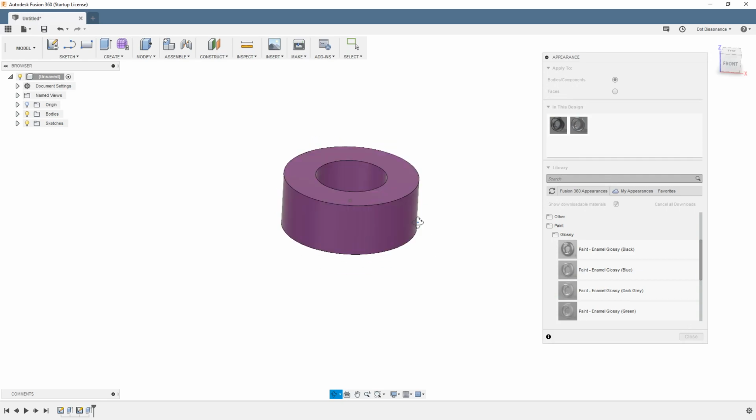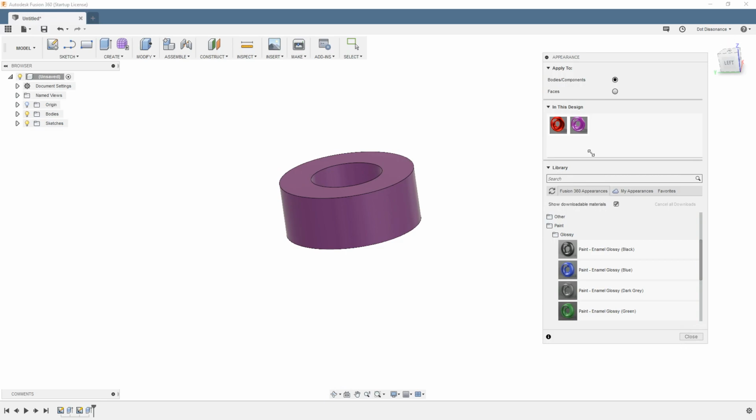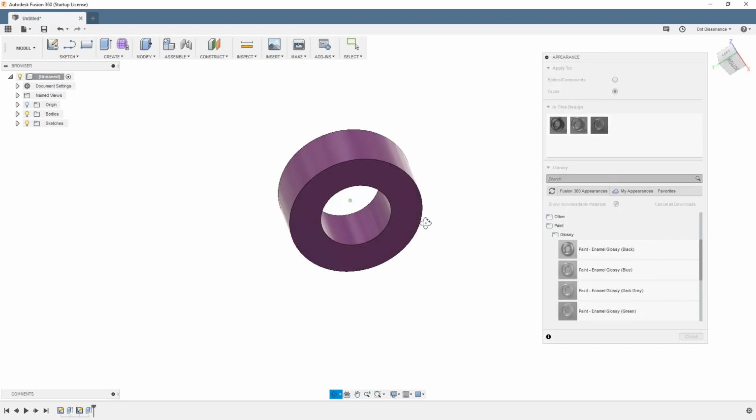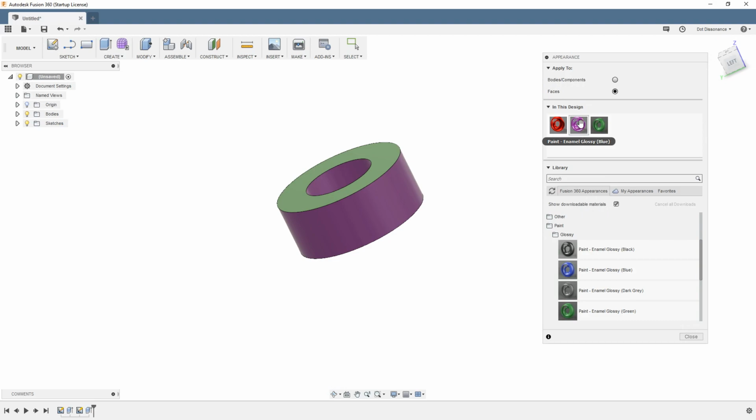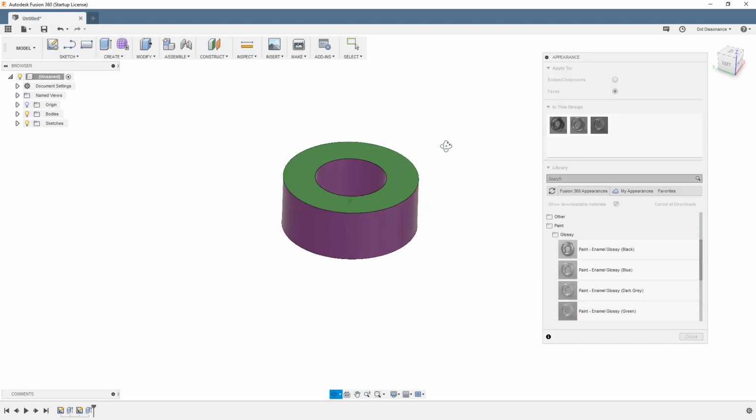Okay, so that in itself is appearance. If I want to apply it just to faces, then I can come up here, see how now I can just select face. I say I want green right there. So this one here is the purple for the body. This is the green for the face. And so obviously you can see that the face coming after that, over the top of the body,